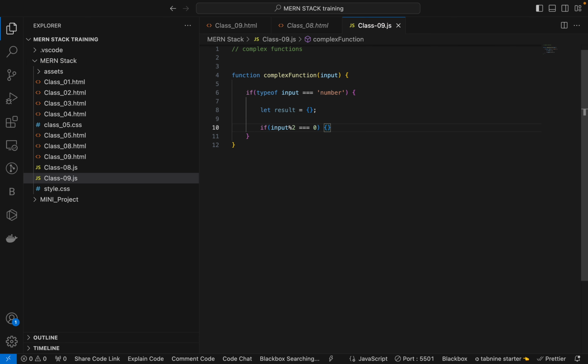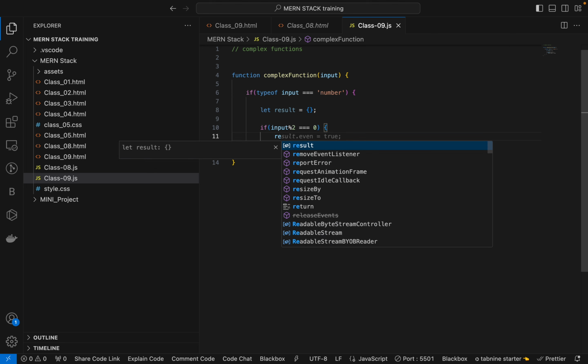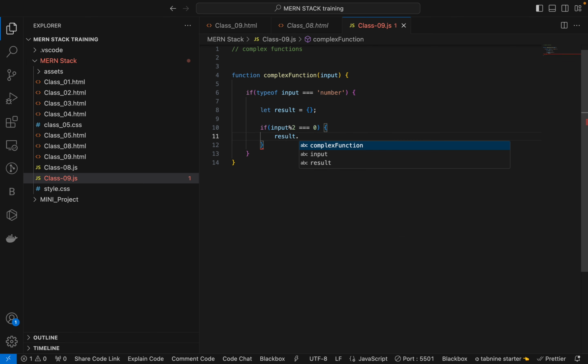If equal to 0, it means it's an even number, so I will give result.type equal to even,